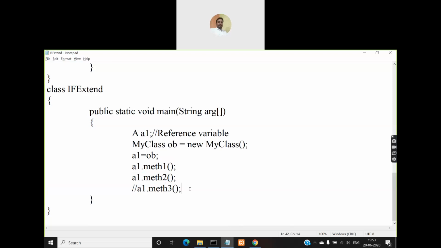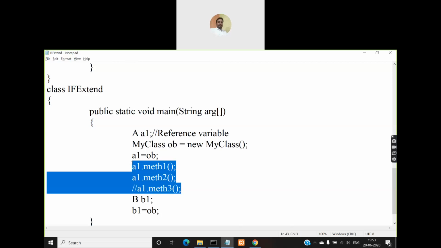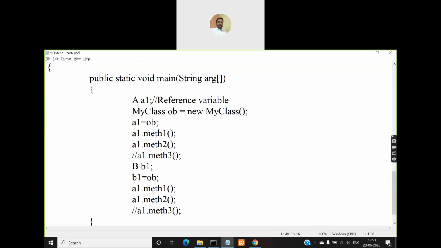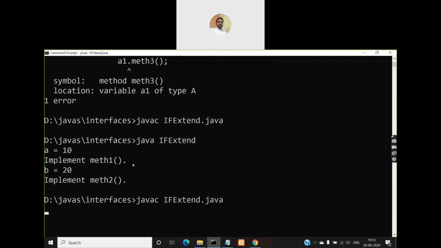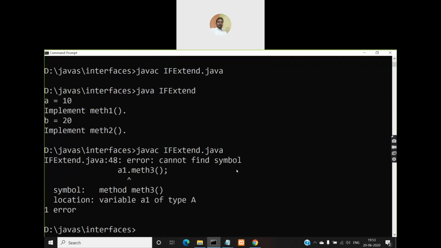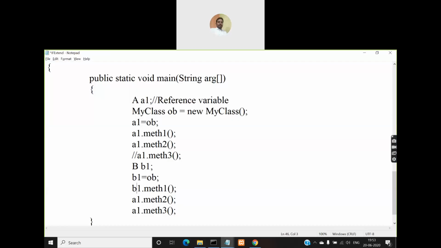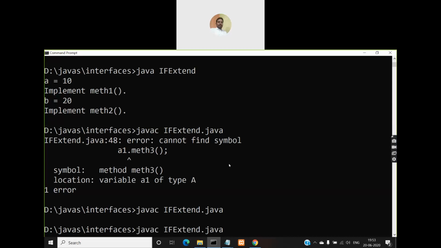So now what I'm going to do is create a reference variable for interface B, say B1, and now I'll assign OB to B1, right?